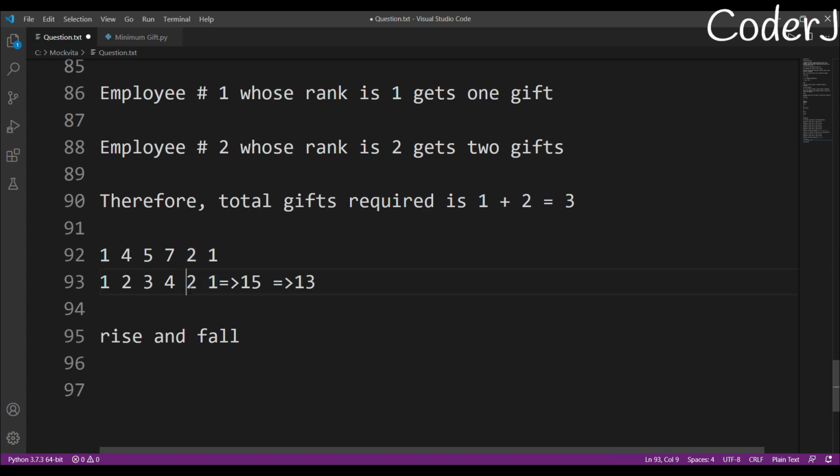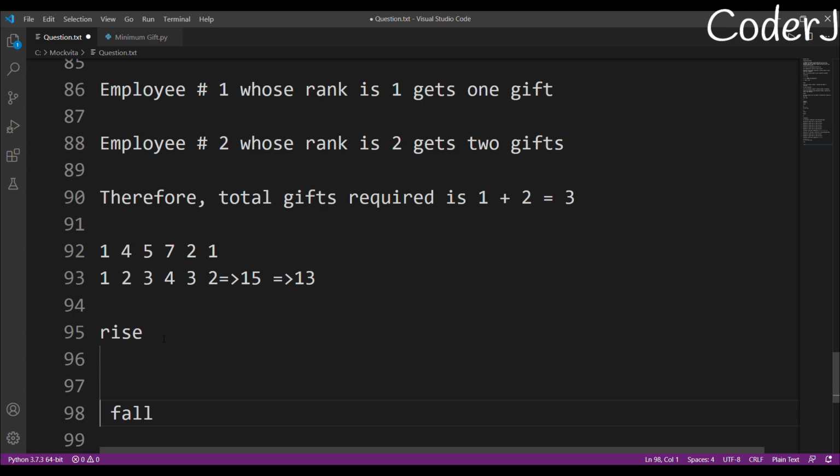Your approach, this 3 and 2 approach, was working perfectly for the rise part, but it failed miserably for the fall part. So now how do I solve this question? Very simple. You have actually answered the question yourself. Just distribute these two parts. Solve rise and fall separately. How? Just give me a second.